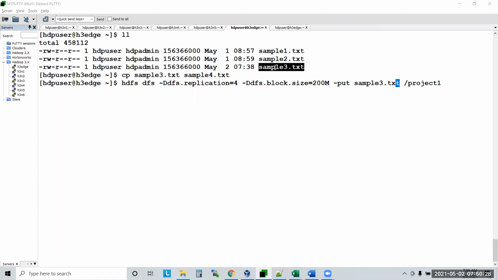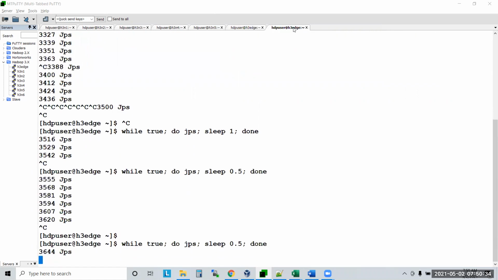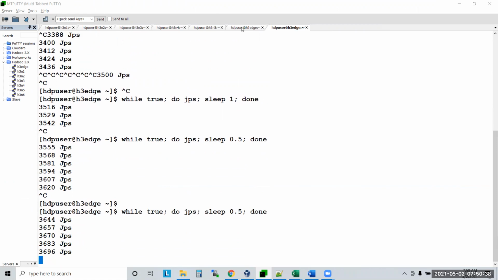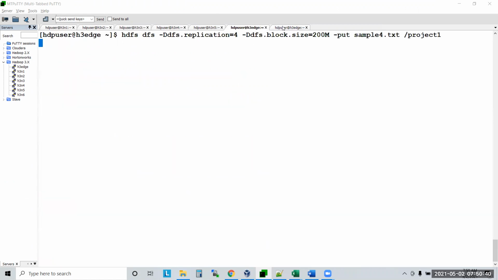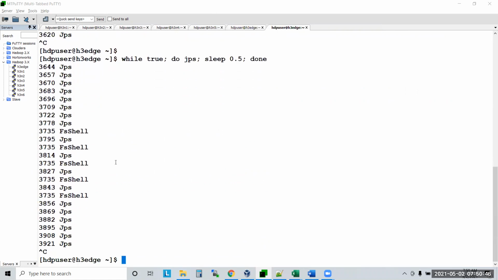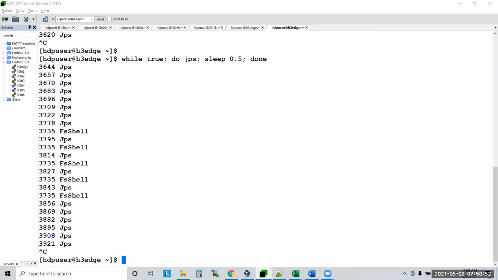Before typing this command, I will put this on one edge node. Do you have anything here, guys? Nothing, right? Okay, I'm executing the command. Now you see four. How many times did FSL come? 3 times, 4 times, 5 times total. 5 times you are seeing.